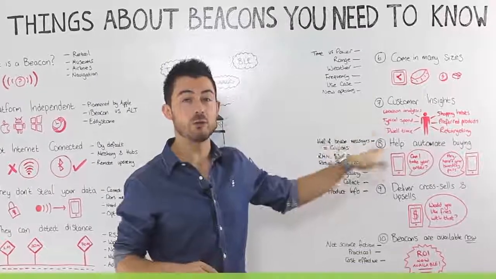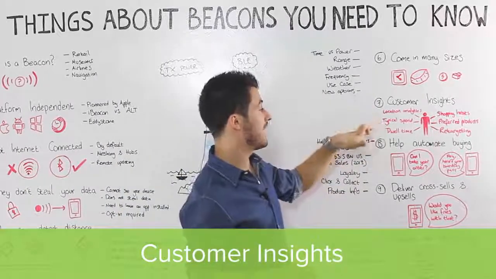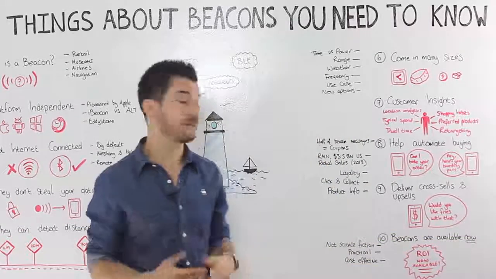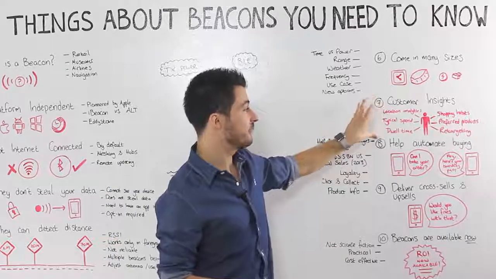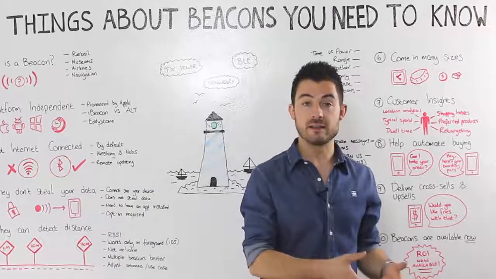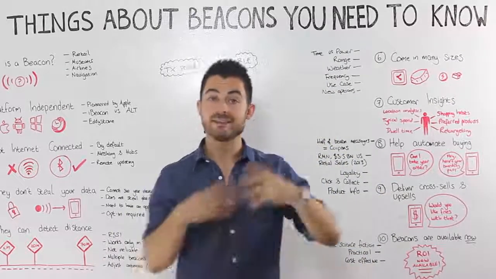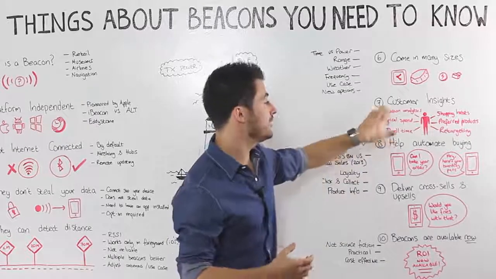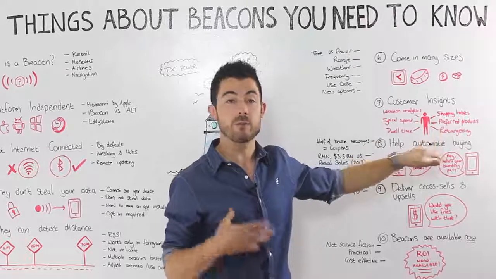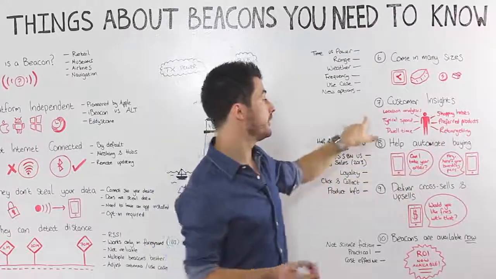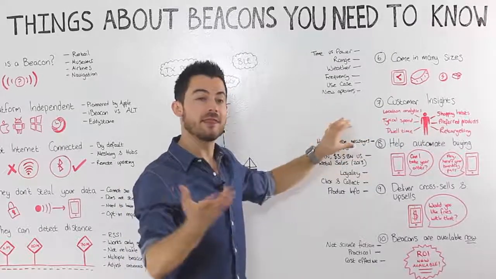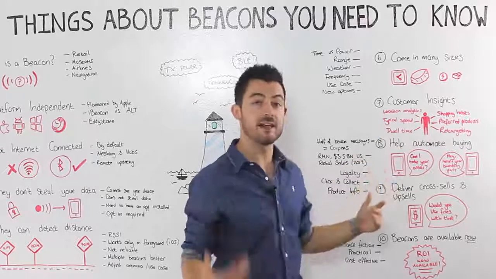Beacons can really help you with customer insights, helping you to understand typically how long they spend in my store, how often they dwell beside particular products, and this can really stem into retargeting. Because if customers spend a great deal of time in this store versus another store, and this product grouping versus another, you might do some retargeting across one of your ad networks, or maybe in your app, or maybe when they log on to the e-commerce store, you're going to tell them about a few products they looked at in the physical world that they did not buy, and then see if you can try and upsell or cross-sell that to them in the